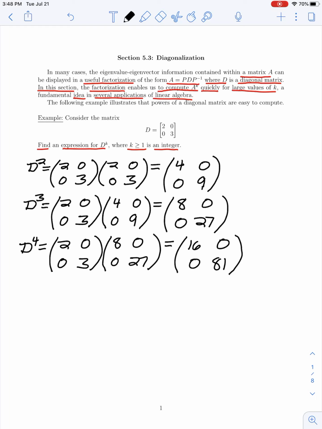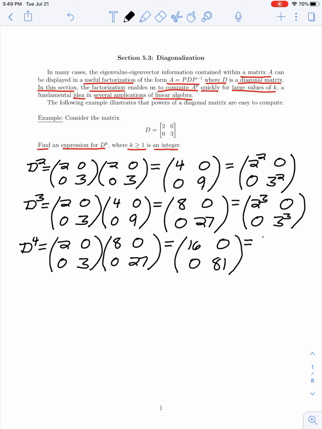If we don't see the pattern directly from these numbers, we could think about rewriting these products as follows. For D squared, my first entry was 2 squared, and then 0, 0, and 9, which is 3 squared. For D cubed, our first row was 8, or 2 cubed, 0, and the second row was 0, 27, which is 3 cubed. And then for D to the fourth, our first row was 16, or 2 to the fourth, 0, and the second row is 0 and 81, which is 3 to the 4th power. So in general,